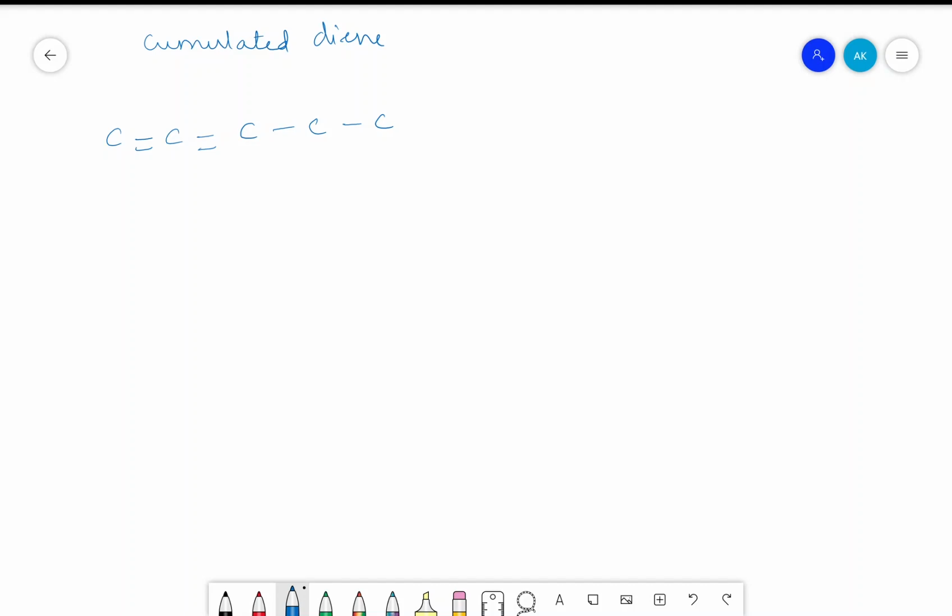So after writing this cumulated diene, we can now write down the hydrogens. This will accommodate two hydrogens. This cannot accommodate anything because it has 4 bonds, saturated. The third carbon here will have only one hydrogen. This will have CH2. This will have CH3. This cumulated diene, and the position is at first and second position,